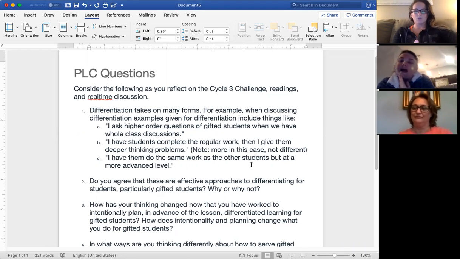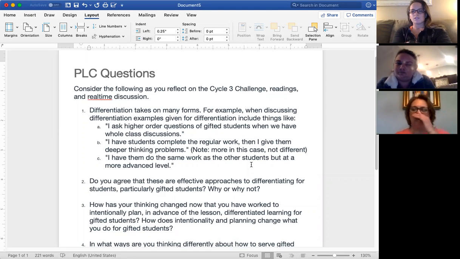Yeah, I teach second grade, so I do a lot of small group work, and in nature that's differentiated because the way that they're grouped and the skills that we're working on are all different. But as far as science and social studies differentiation, I don't have a lot of experience or confidence with that yet. And differentiation, like we've read about, goes a little deeper. I'm not sure that I'm 100% doing that aspect of it.